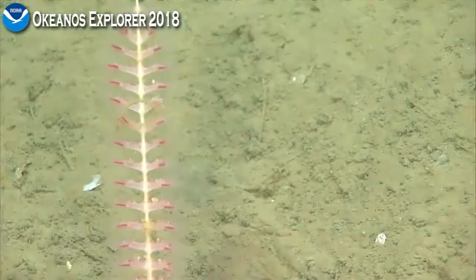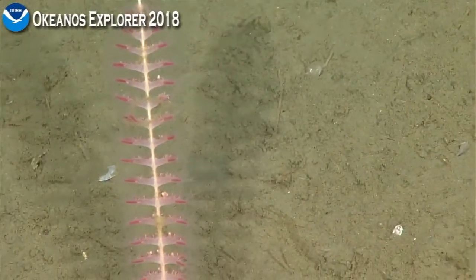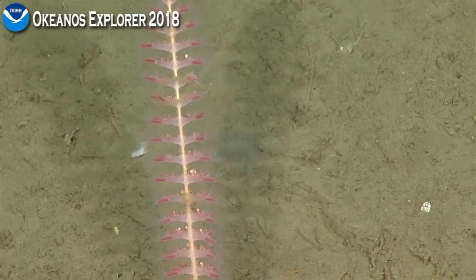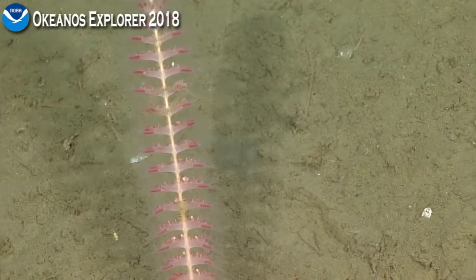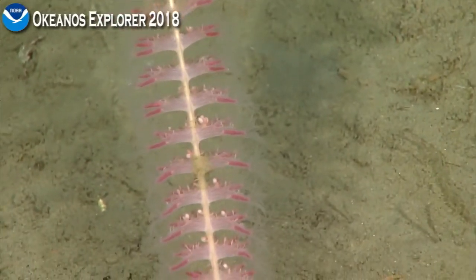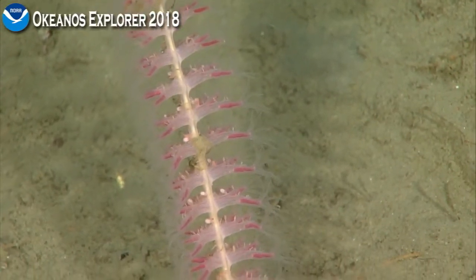Fog lights coming on. Yeah, so you notice here you've got basically the main stem, and then arising from either side is this little shelf, or what's called a polyp leaf. And then arising away from it, you can see all the individual polyps arising from that. And this is common, for example, in the genus Pennatula. I'm not saying that this is Pennatula, but...